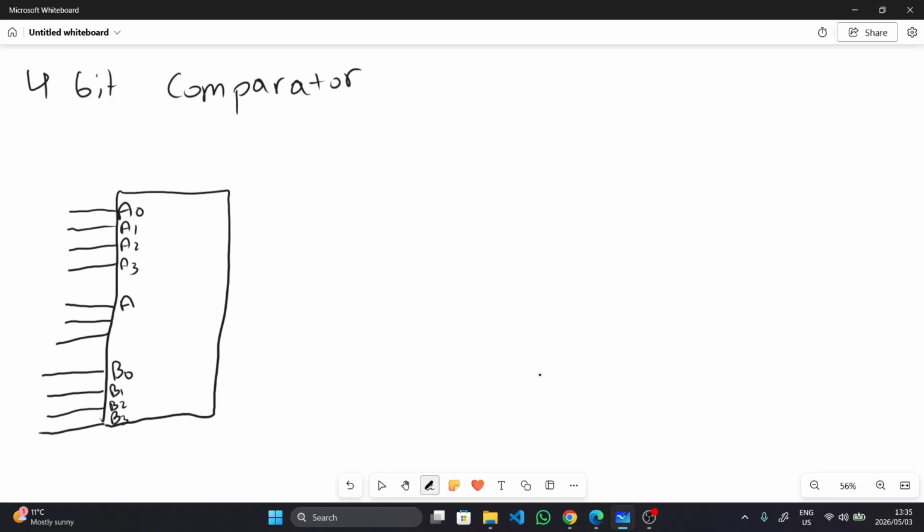So we have our input: A bigger than B, A equal to B, and A less than B. That's our input, then our output is also the same: A bigger than B, A equal to B, and A less than B. So this is your 4-bit comparator,